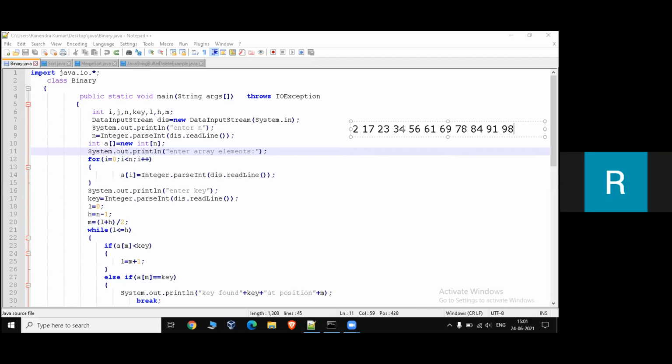This is the example array. I will explain.